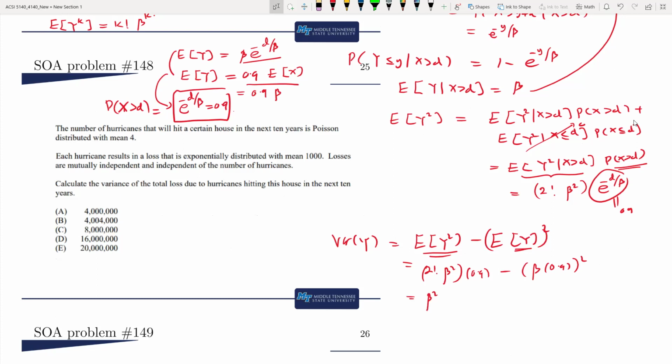So if we take beta square, this is going to be 2 times 0.9 minus 0.9 square, which is beta square times 1.8 minus 0.9 square, which is 0.81. So that would give us